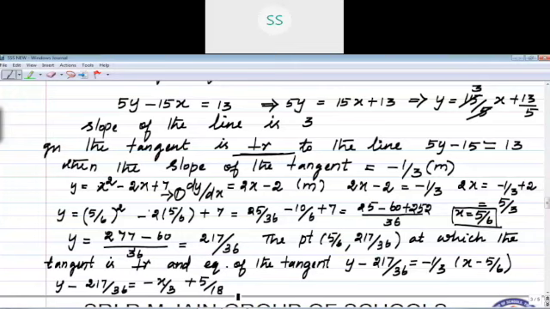36 is your LCM, right? That simplification you have to do. I'm going to give an answer straight away, which implies 12x plus 36y minus 227 equal to 0, right? I will explain how to do that simplification. You have to do it yourself.